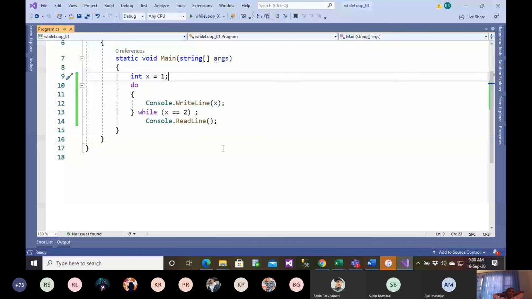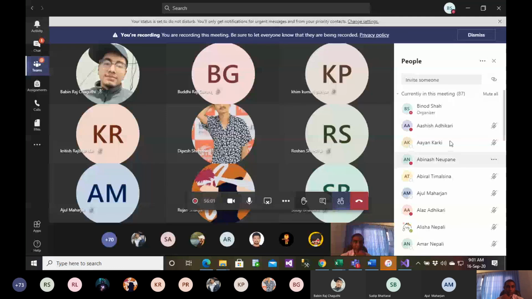And with this do while loop, I am at the end of the loops and at the end of this session. I have finished the loops, everyone. If you still have confusion with the loops, you can let me know your queries, or just drop me a message if you have any doubt. Do you have any questions, anyone, with the while loop and the do while loop? I moved faster because you have already learned this stuff, so I don't want to bore you with long lectures. Any questions, anyone, with the while loop, the do while loop and the for loop?